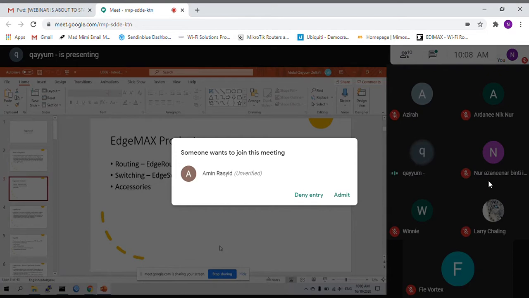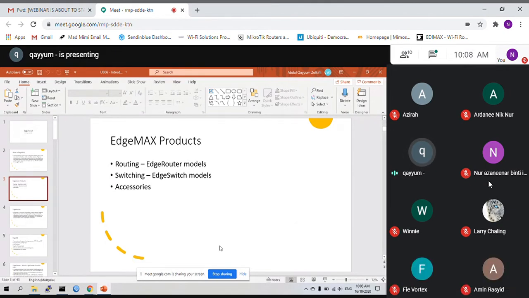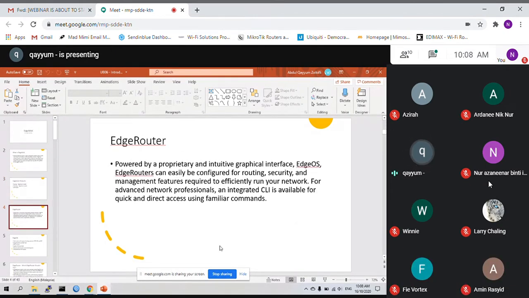They use their own operating system, which they call HOS. Same as any other router, it has a web interface that is easy, user friendly and easy to configure.